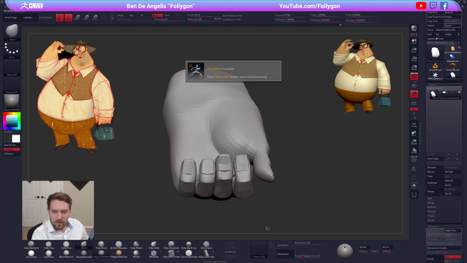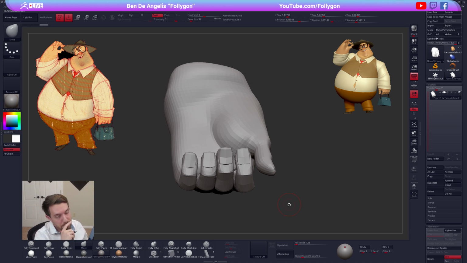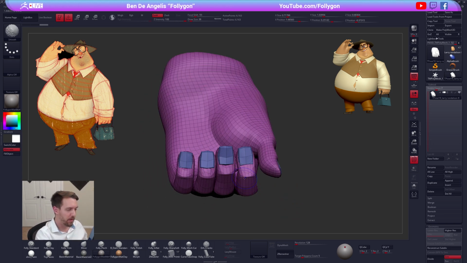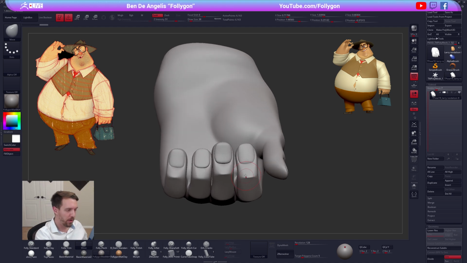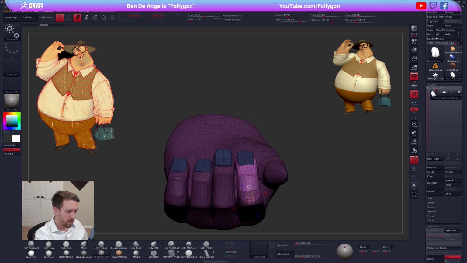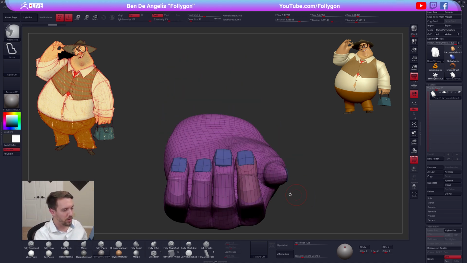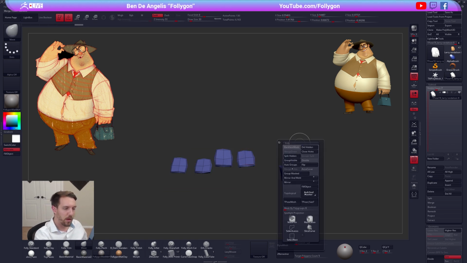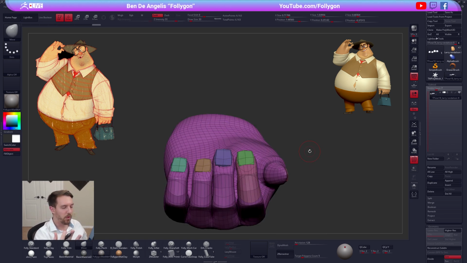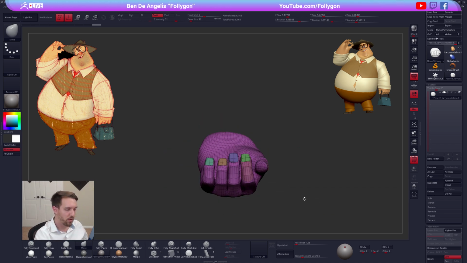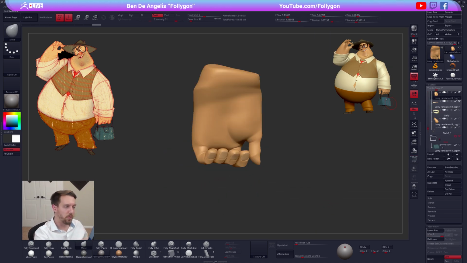How to keep hard surface edges while using Dynamesh? You can't. You can't unless you split it up into separate objects. If I understand what you're asking, the answer is that you cannot. Dynamesh changes your topology, and you cannot have a very hard edge through Dynamesh. What you can do, though,